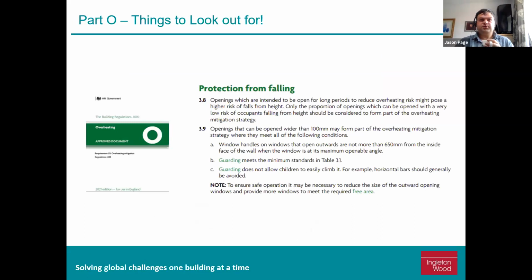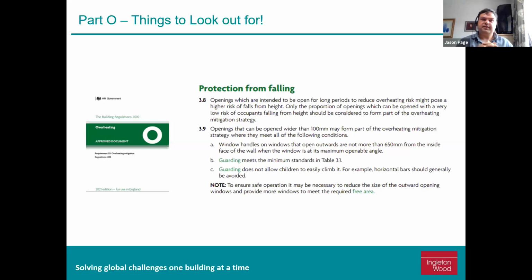Next, we have protection from falling. There are a couple of criteria here, and this applies to any floor where the change in height between the inside and outside is greater than 600 mil. So all upper floors will fall into this, and some ground floors if there's significant changes in levels.